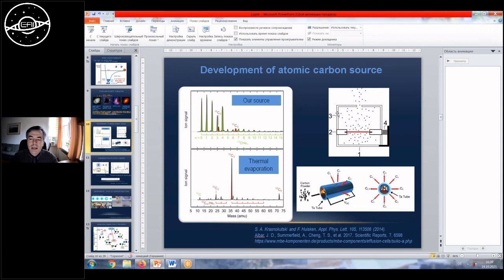Yes. Okay, so what we do, we have a tantalum tube here. It is filled with carbon powder. When we fill it with the carbon powder, we clamp its end, and it's placed between the electrodes and heated by the direct electric current. Then carbon is dissolved in the tantalum and diffuses to the outer surface. And when it evaporates from the surface of this tube, it evaporates in the form of carbon atoms and not carbon molecules, as happens when you evaporate carbon from the surface of a graphite rod.